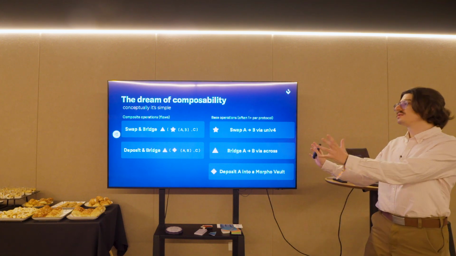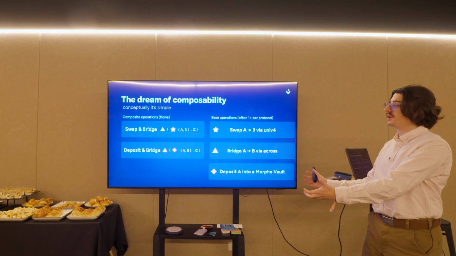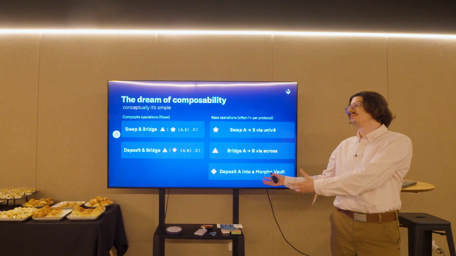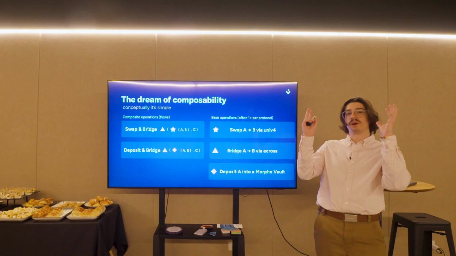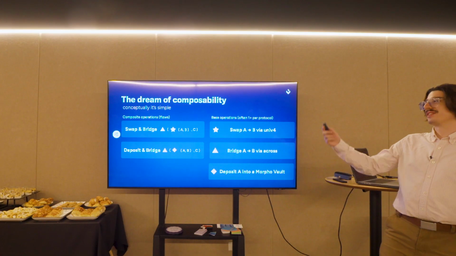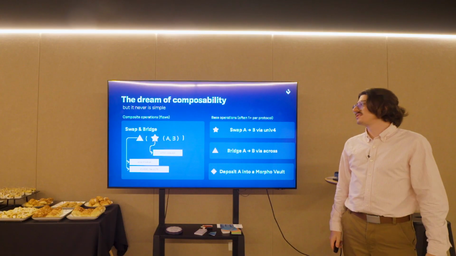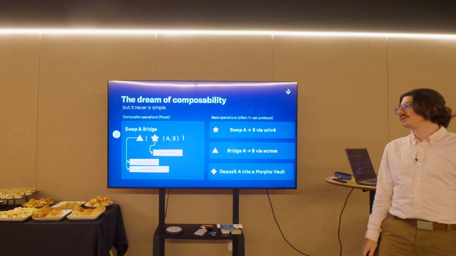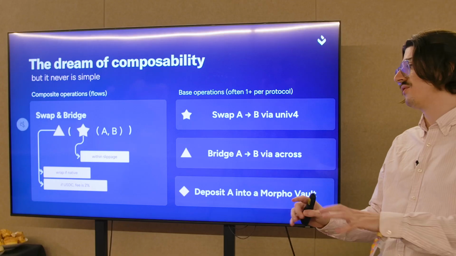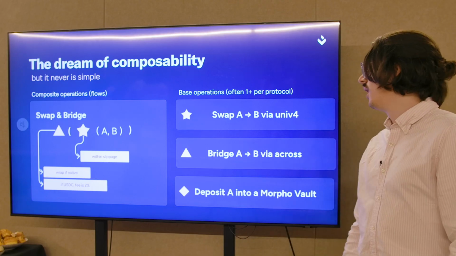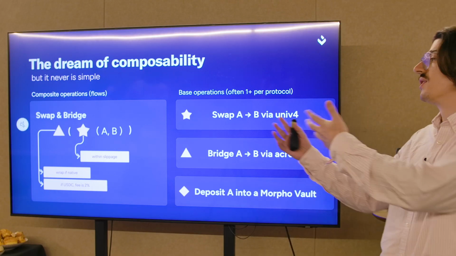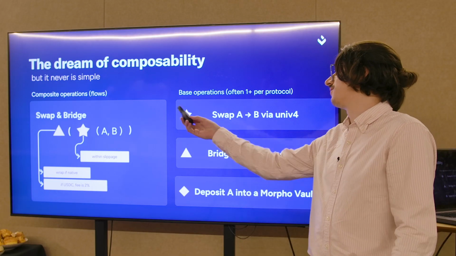This is what the concept should look like for composability, and if it was like this in reality, that would be perfect. But that's never the case. It's never that simple. There's always edge cases, always things we need to change that are specific to some flow or some tool. And in this case, it's still oversimplified, but the idea is that for a swap and bridge,